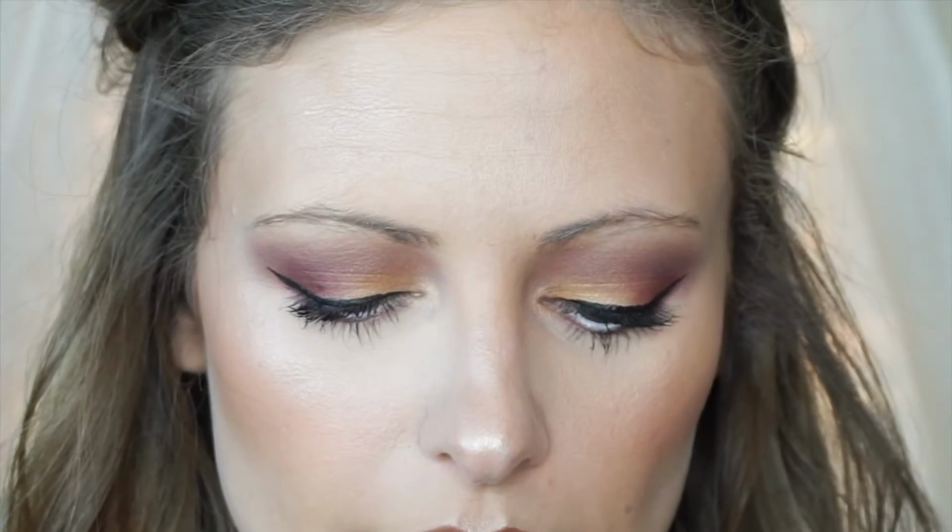So I take a Milani brush. What I used to use was the Milani Pomade. It's really great too. I just started using this because it's cheaper. This is $5. The Milani is like $7 something plus tax. So I just use this and I like it. It's very pigmented. The Milani one's also very pigmented, but it does dry out a lot faster than this one does. But the Milani one does come with this brush, and I really like it. It is slanted on one side, and on the other side it has a little spoolie. So I just dip my brush into the product,